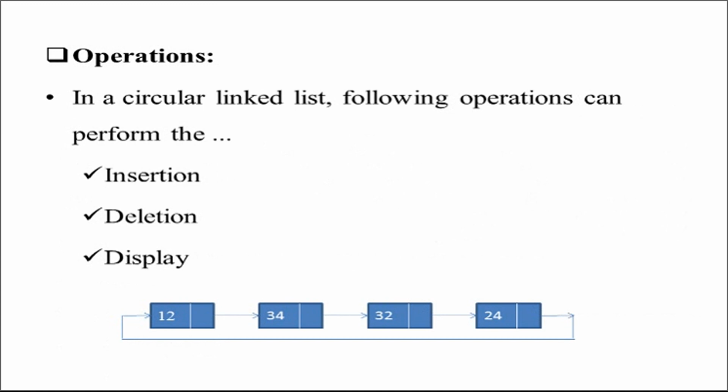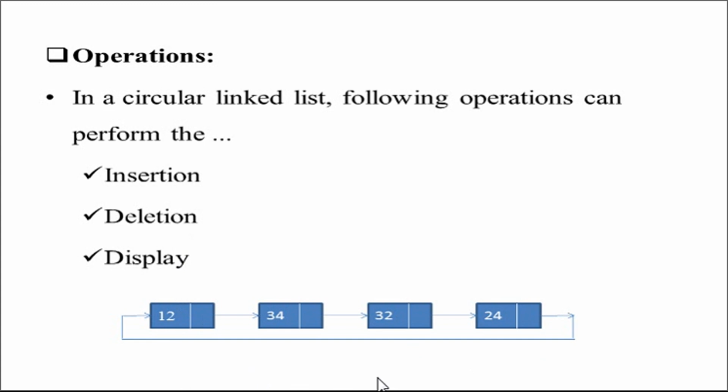Then what operations can we perform on a circular linked list? Like singly linked list and doubly linked list, we can perform insertion, deletion and display. Insertion can be made at three places: insert at the beginning, insert at the last and insert in between. Same as deletion, it can be performed at three places: delete first node, delete last node and delete any specific node. The only difference is that we need to keep track of the last node, which contains the address of the first node, while performing insertion and deletion operations.